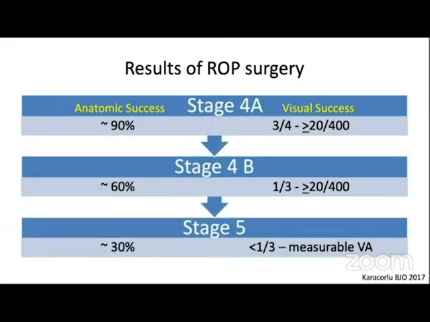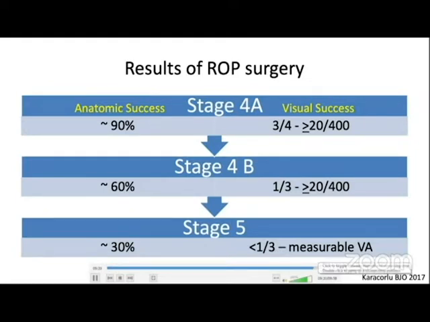So, results of ROP surgery: the earlier we do and the lesser the stage, the better are the visual results. Stage 4A, anatomical success quoted is 90%, and for visual success, 3/4 of them have some good, reasonably ambulant vision. Stage 4B, around 60% anatomic success, and only 1/3 will have some ambulant vision. And stage 5, anatomic success itself is only in less than 1/3 of the patients, and less than 1/3 have